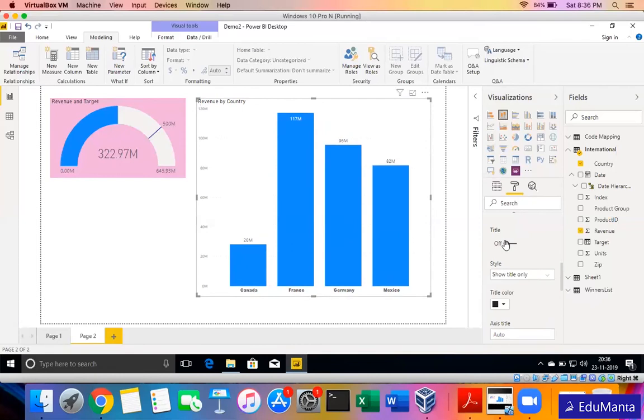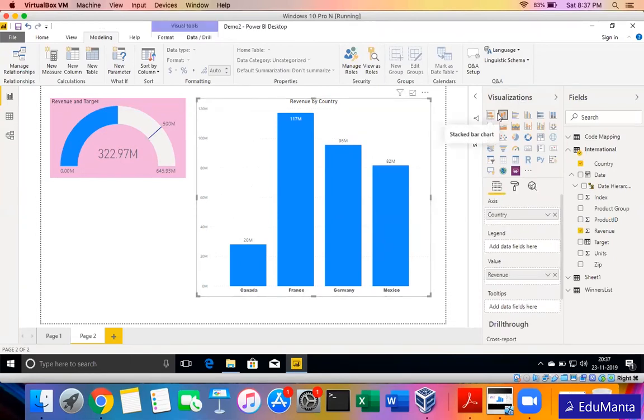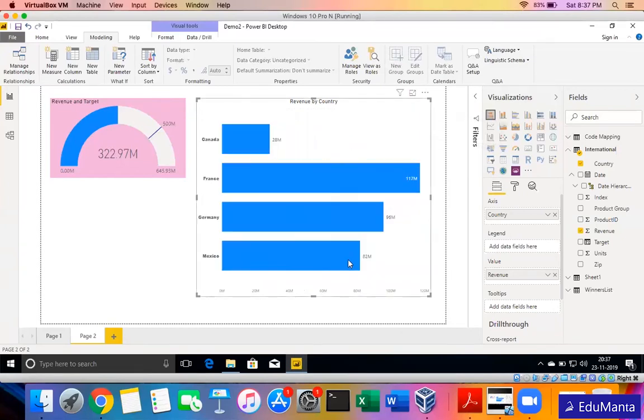So these are small things, but it makes a huge difference when you are actually designing a report for some practical world, some projects or something. Then these small formatting options do make a lot of sense. Now on the top also, revenue by country, again we can move this to the center position. This is the title, so we can move this to the central position and change the font and color as needed. This is one of the charts that I have formatted, but I will not explain the same formatting again, as there's no major difference between a bar and column chart, instead of just the display in a horizontal or vertical manner. So most of the options will be similar in these two charts.